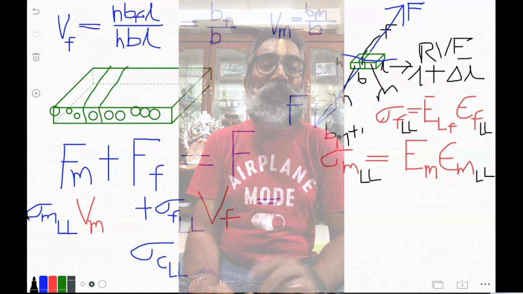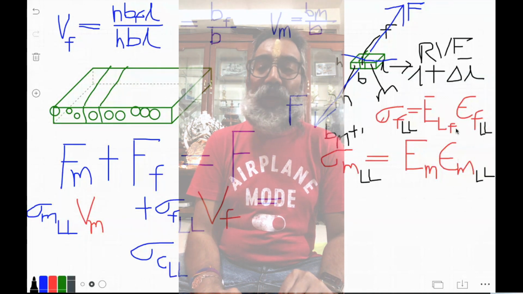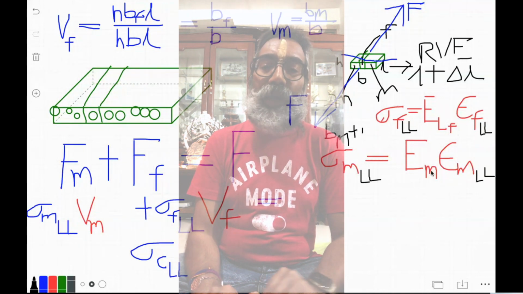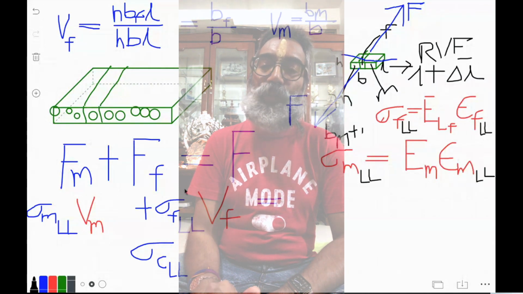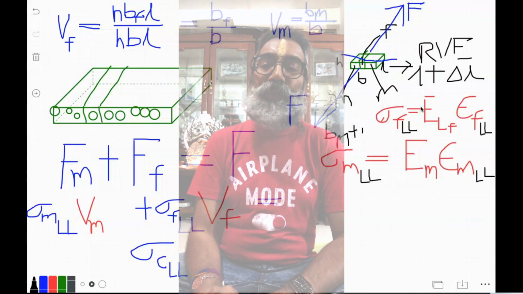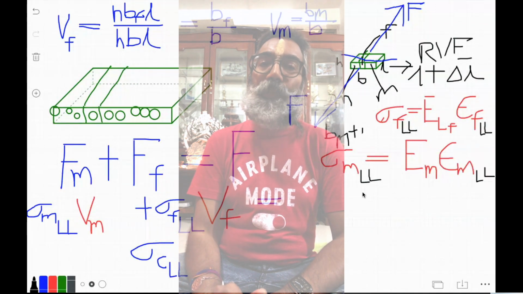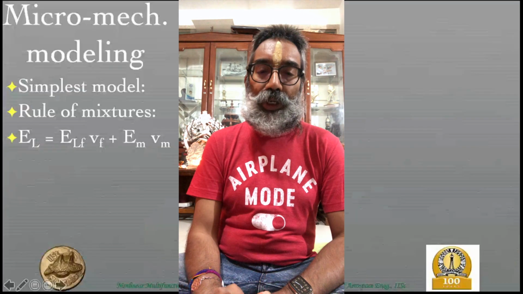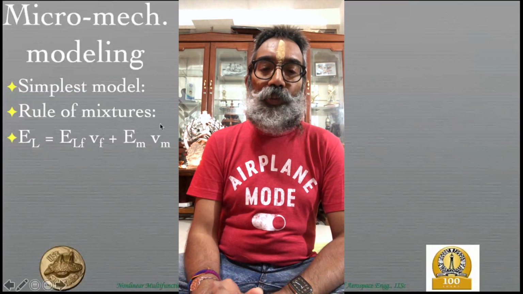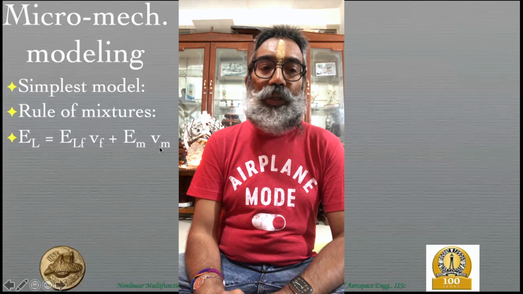So then obviously that directly leads to the sigma MLL being replaced by the matrix's Young's modulus, because the epsilon is going to get cancelled. This is going to be replaced by the fiber's longitudinal Young's modulus, and this is going to be replaced by the composite's longitudinal modulus, and therefore we end up with this particular equation that we had over here, that is